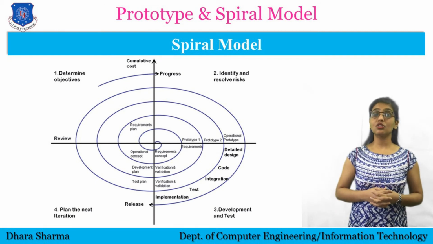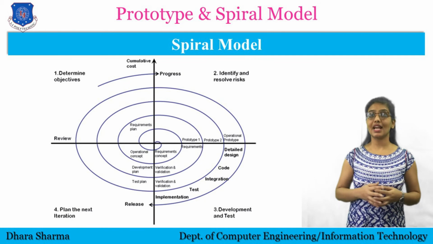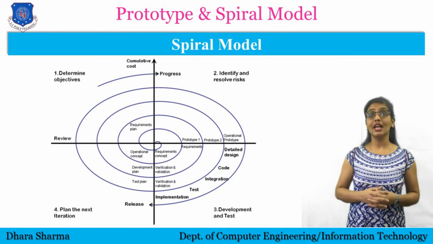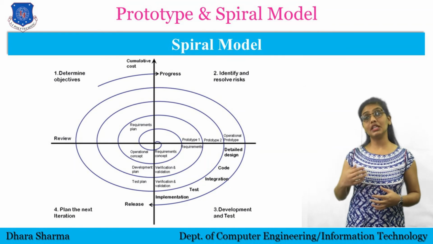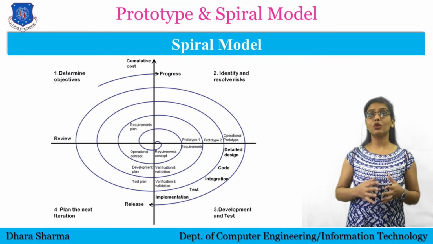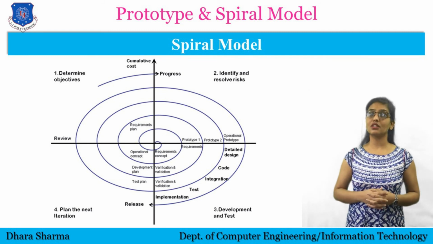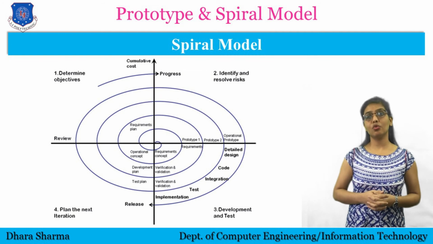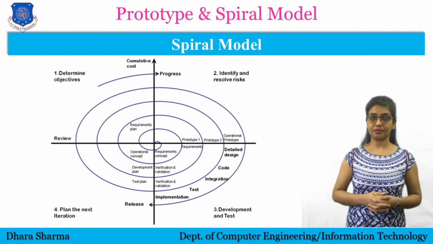Spiral model consists of all the other models as it performs all the development steps from iterative waterfall model. It builds prototypes after each iteration as prototype model, and it develops the product in increments after customer reviews as incremental model. That's why it is also known as meta model.